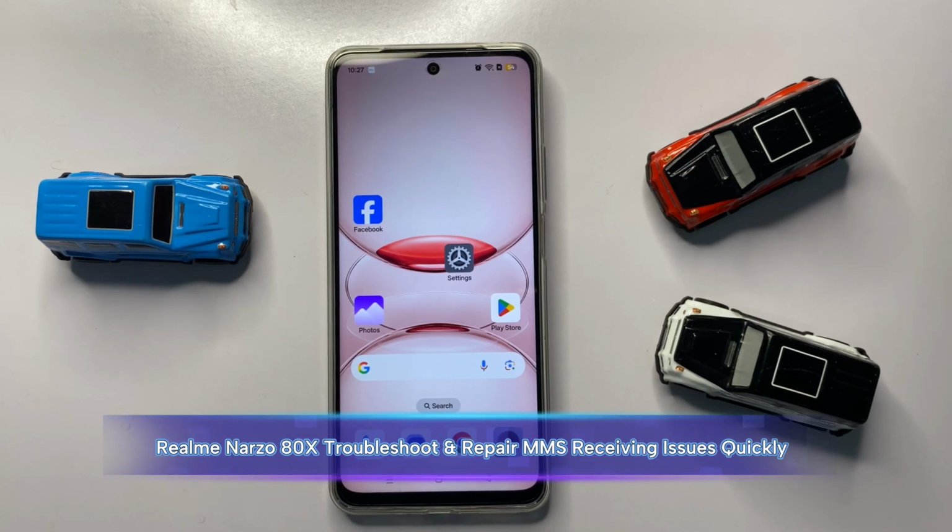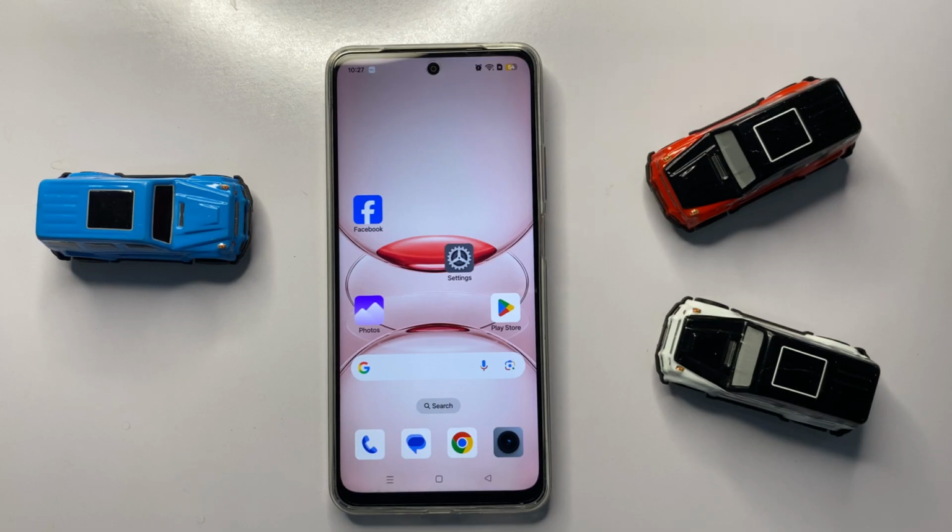Hello guys, get ready because in this video I am going to show you how to fix Narzo 80x not receiving MMS messages. So watch this video carefully and follow every step as I am showing in the video, and